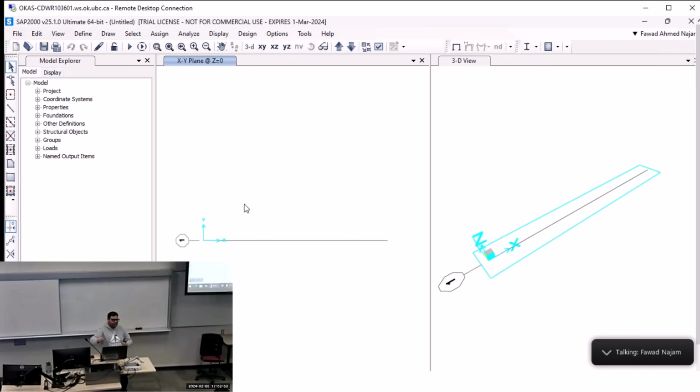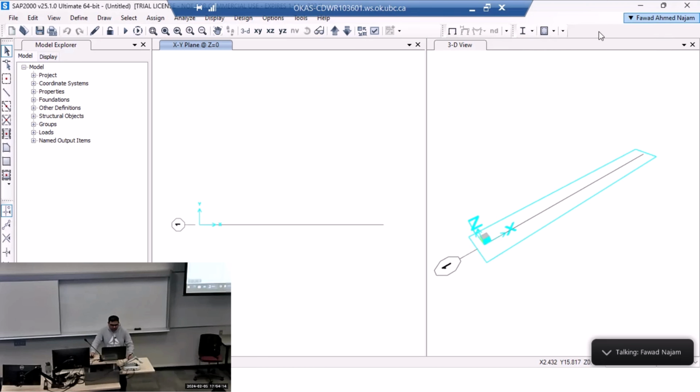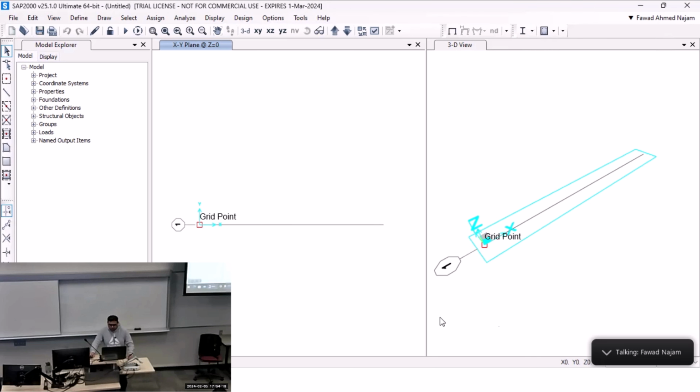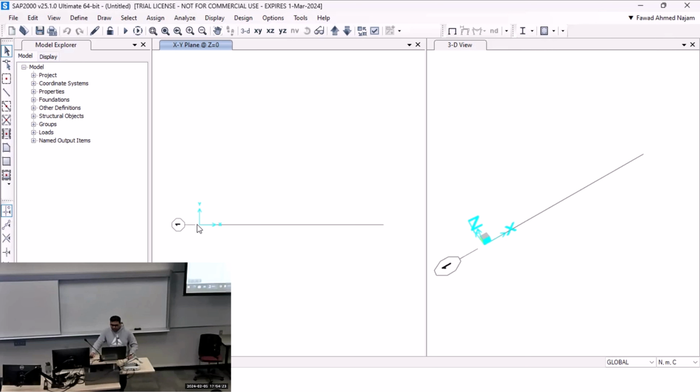I could have left that grid line as it is and then simply drawn my beam along one line. That could also be one approach, but I decided to modify my grid line to represent what I want to draw later on. Now, if I simply take my cursor to a particular point on the canvas, it actually snaps there, and at this location here at the bottom right